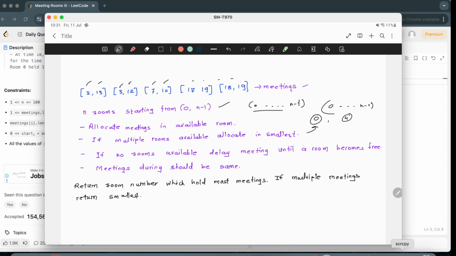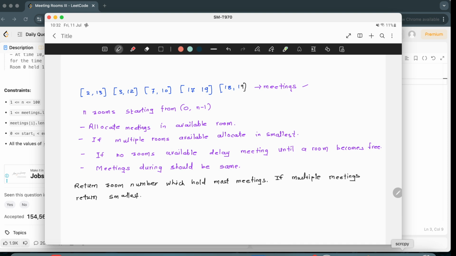The smallest id is the room where we have to allocate these meetings. Now next, suppose at a point in time all the rooms are occupied, no rooms are available, and a new meeting comes that we have to allocate. At that point, if no rooms are available, we have to delay this meeting in such a way that it starts as soon as any room is available. If any room is free, the next free room that we have in our bucket, at that time we can simply